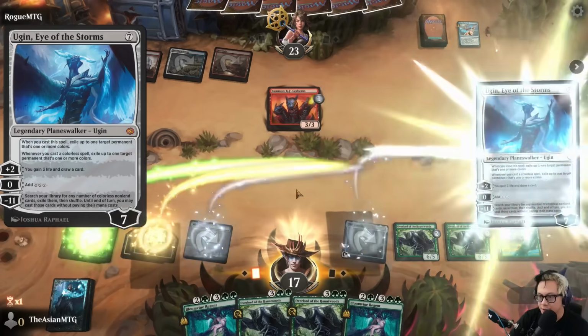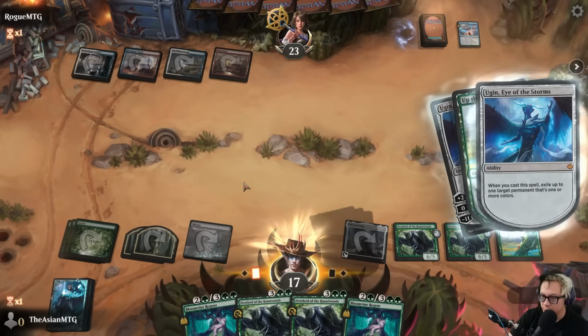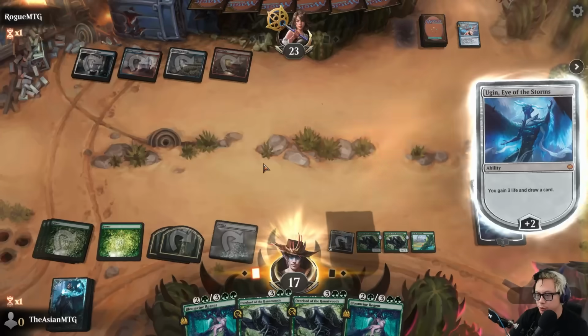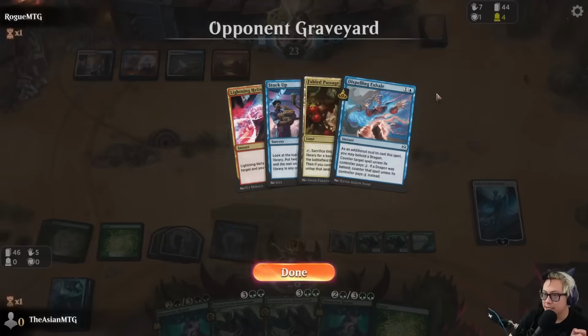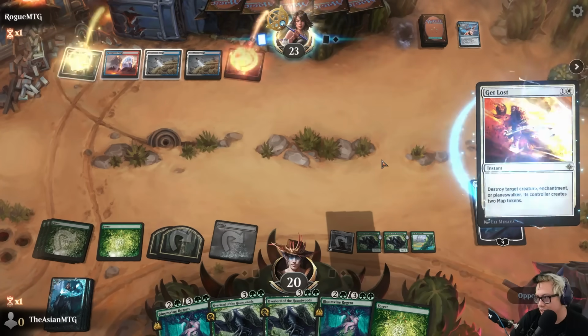So I think I gotta do this. Yes. Let's exile the gluten-free Cerberus. Drew a land, thankfully. I mean, I may as well just draw another card, right? Like, why not? I've got 2 bodies coming off of Suspend here. And it makes it so that they have to spend more mana to Helix me. And if they just have Get Lost, then Get Lost works too. But,